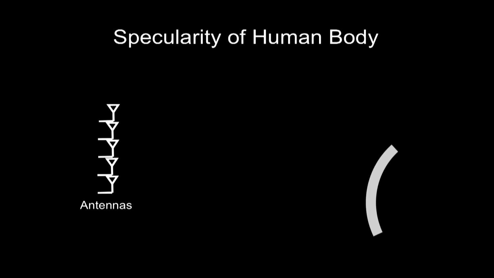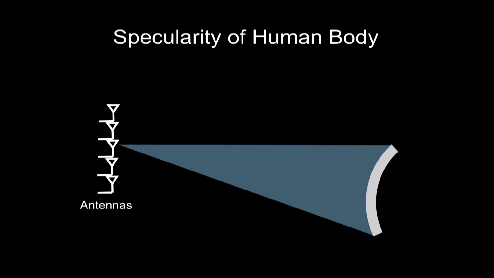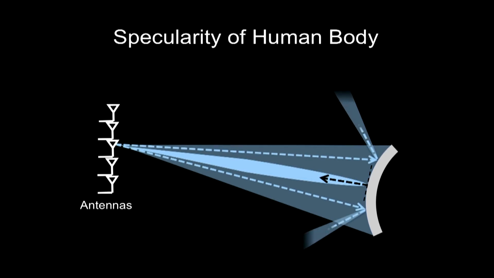You can see here we have an antenna array and a simple reflector. When you transmit RF signals, they're going to shine on the reflector. The part of the signal that falls along the normal to the surface will reflect back towards the device. However, if the signal falls onto a different part that is further away from the device, the reflection will deflect away from the device. Effectively, this means that the antenna array is only getting the reflection from a small portion of this surface. It's not seeing the whole reflector, but just a small part of it.